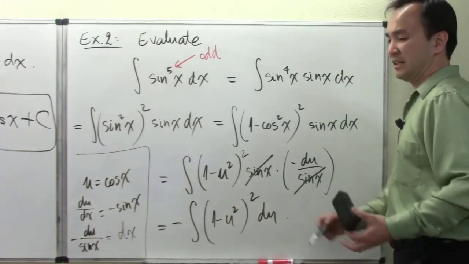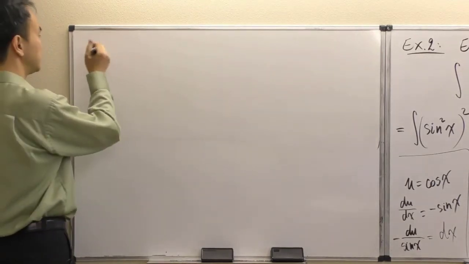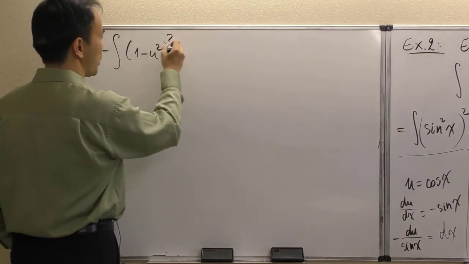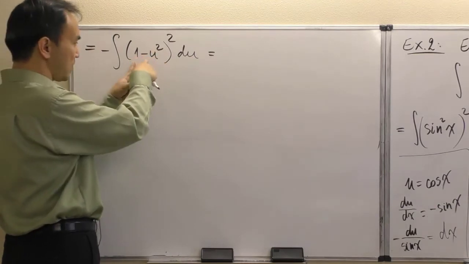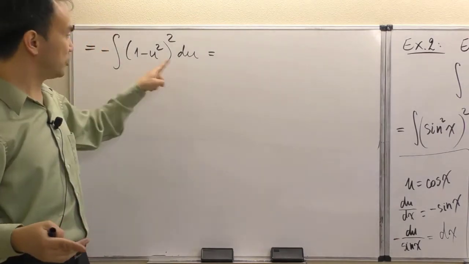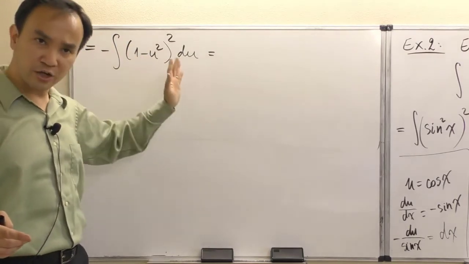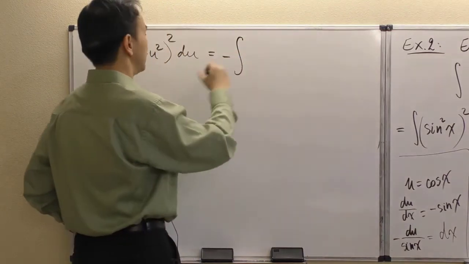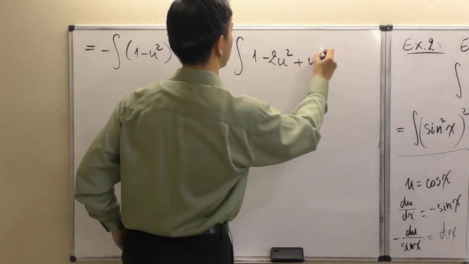It's a lot simpler. So on my other board, picking up from the last step, that integral 1 minus u squared can be FOILed out. I mean this particular function 1 minus u squared can be FOILed out into a polynomial in terms of the u variable. And by the way, at this point we are completely at an integral in terms of a brand new variable. So here we're looking at minus, 1 minus 2u squared plus u to the fourth,